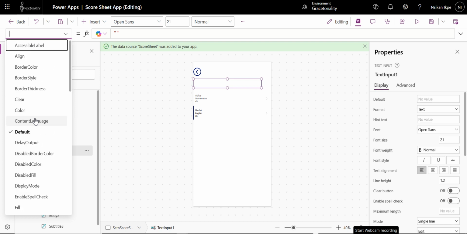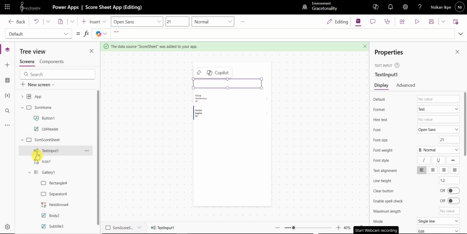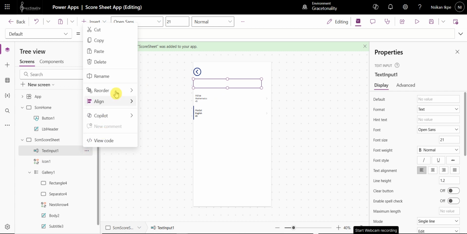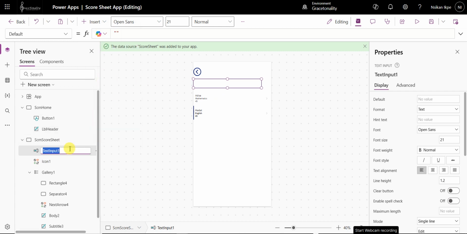Looking for text. Okay, so we'll leave it here. Name your text input. You can call it text input search. Okay, let's get back to